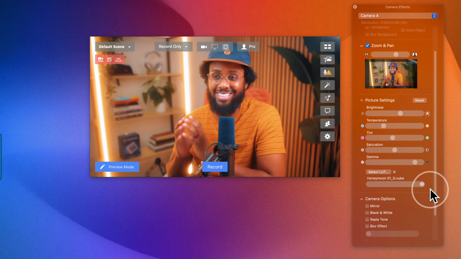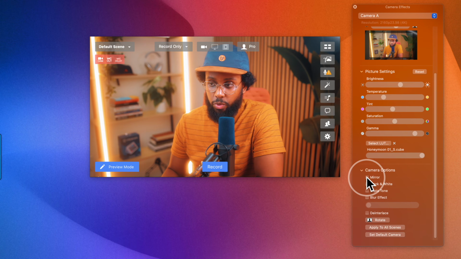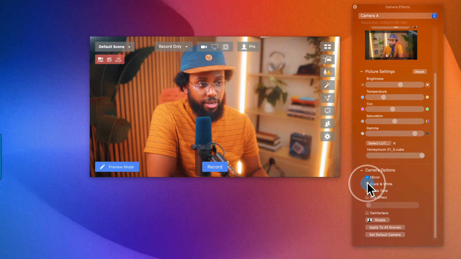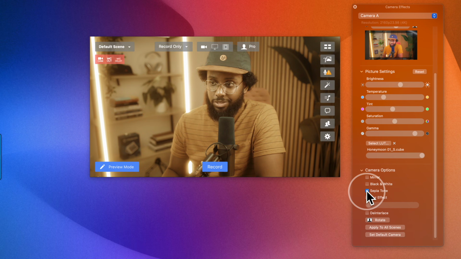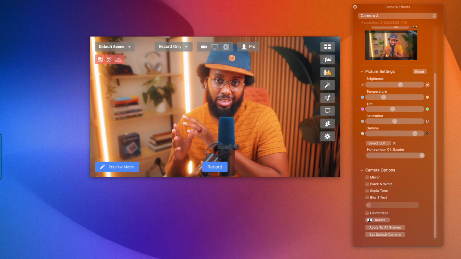Boom. So this is exactly how I like my shot to look. And I don't really mess with any of these, but you could if you wanted to. You can mirror your shot. You can do black and white or sepia tone. I'll take these off. I like it looking just like this. So now that you have your camera looking the way you want it, you can actually practice inside of Ecamm